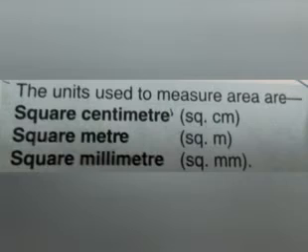But for calculating the area, if it is a meter, the unit will be square meter. If it is a centimeter, the area is square centimeter. If it is a millimeter, the area is square millimeter, and for kilometer it is square kilometer. So why is the square added before? Why is square the best unit for measuring area?